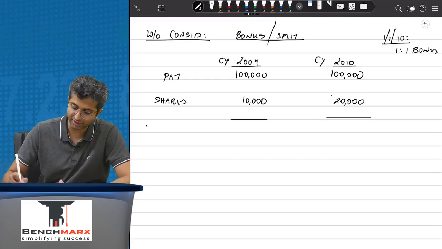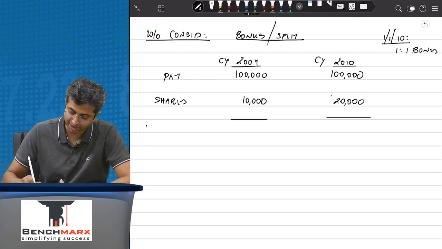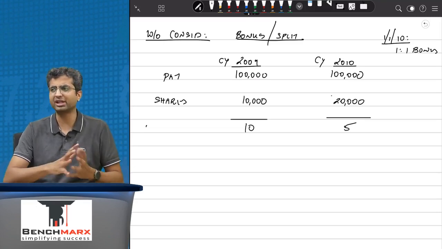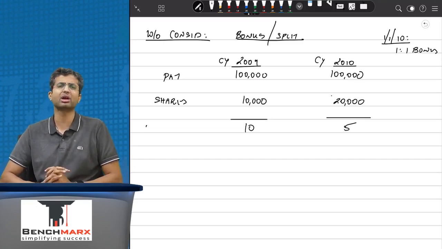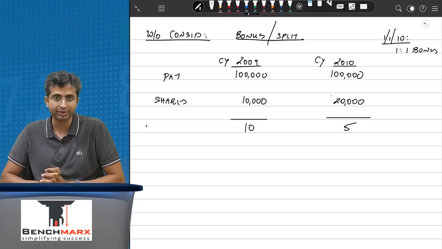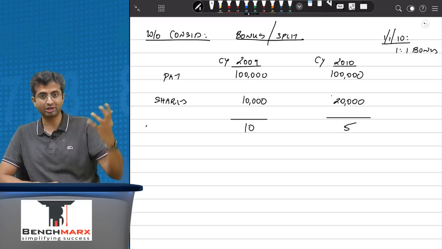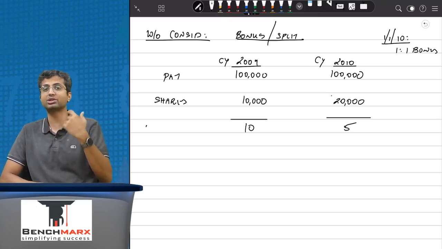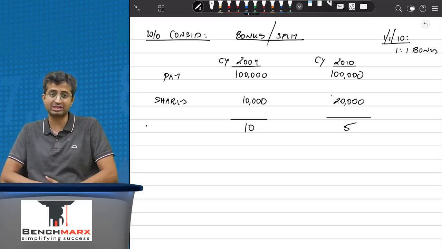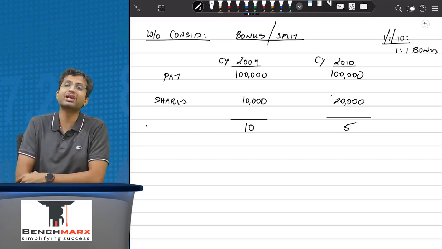And as a result, if I were to calculate the basic EPS, the basic EPS over here will be 10, over here will be 5. A reader of the financial statement will assume that the company's performance has become half. Yes, a talented person like you would look at the notes to accounts and figure out that there was a bonus issue because of which the number of shares is greater. However, as we have always mentioned,